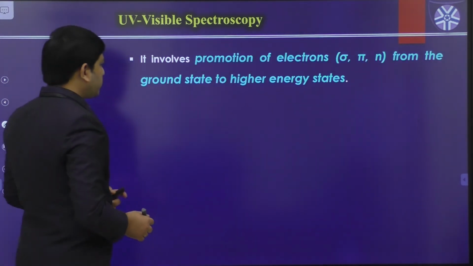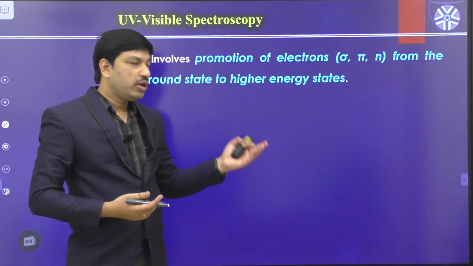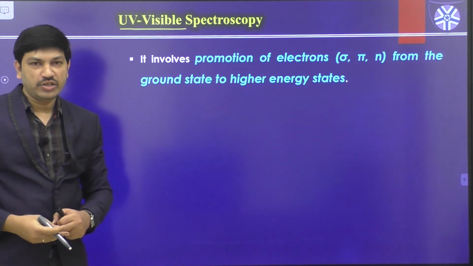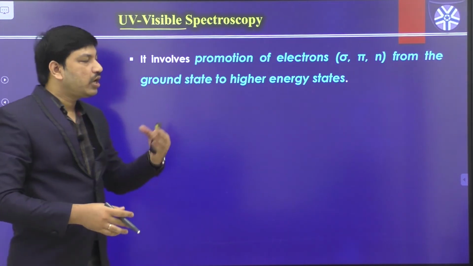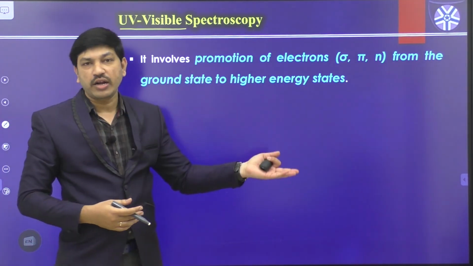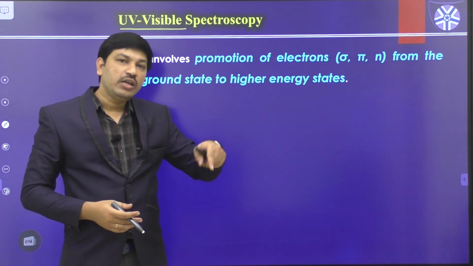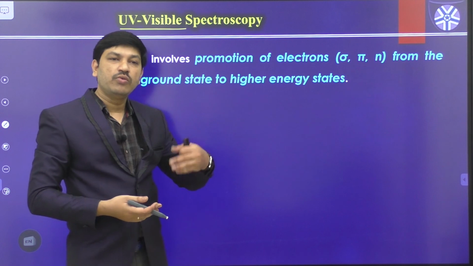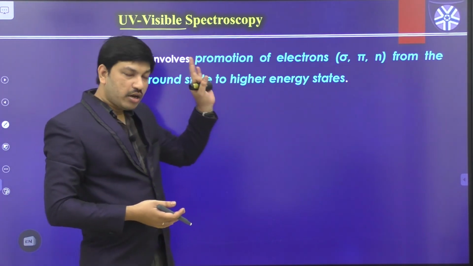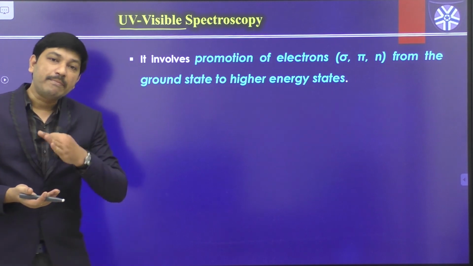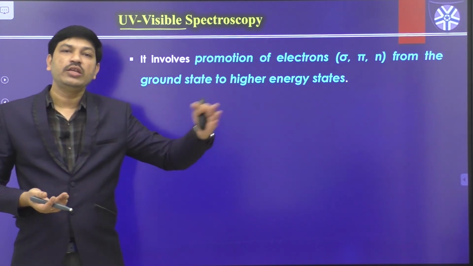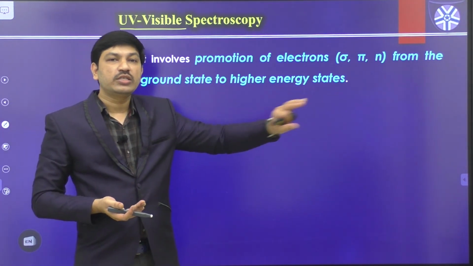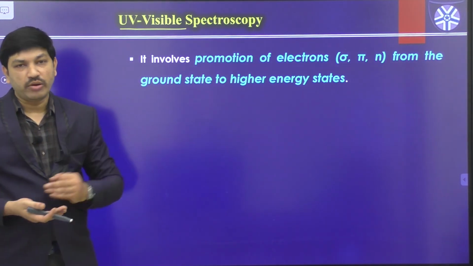Okay, the next point. In this spectroscopy technique we are sending UV visible radiation toward the unknown molecule. Once this radiation, either ultraviolet or visible, interacts with the unknown compound or matter, what type of changes can we observe? As we said in the first session, if we send microwave radiation toward the unknown molecule, there are rotational changes. If we send infrared radiation, there are vibrational changes in the molecule.